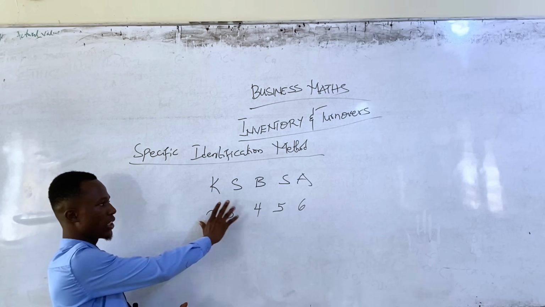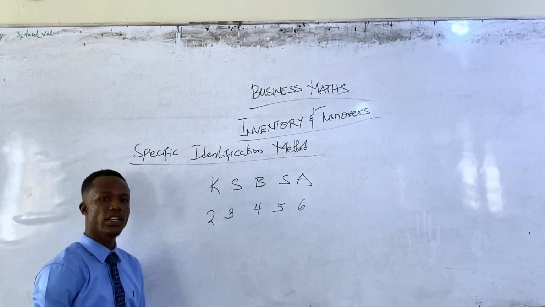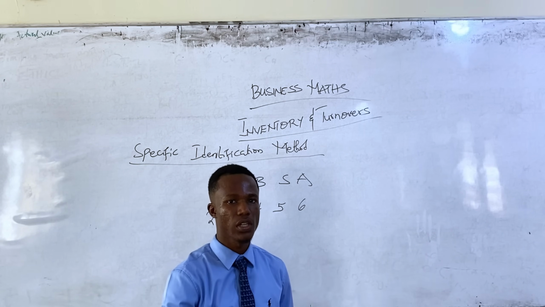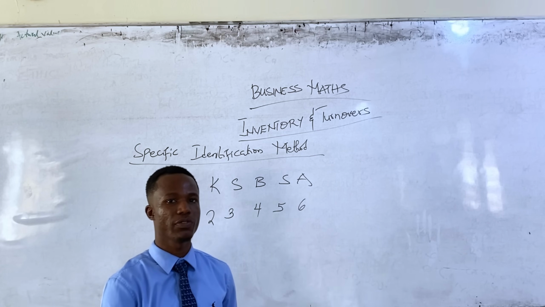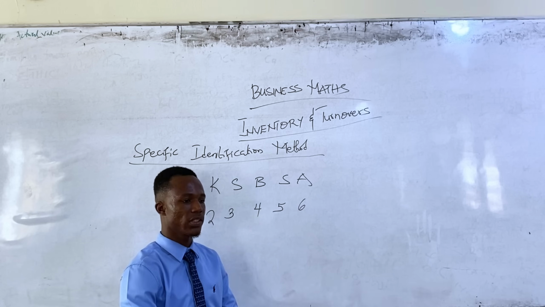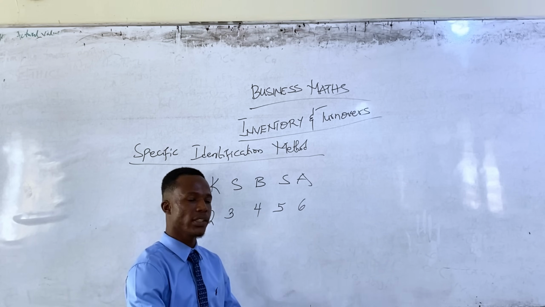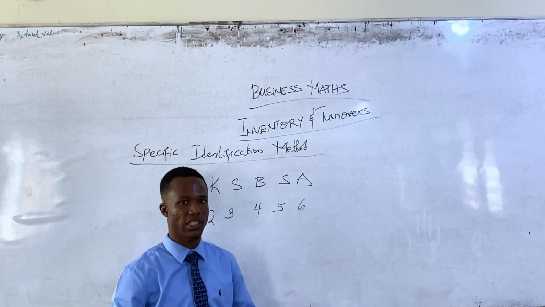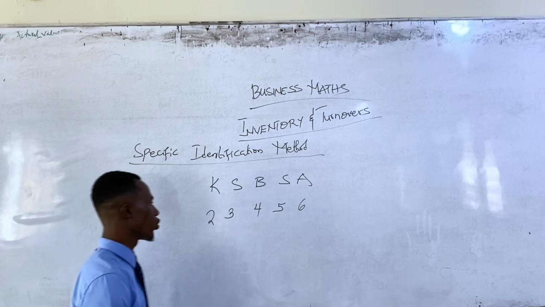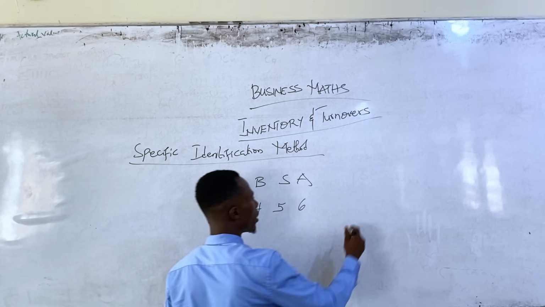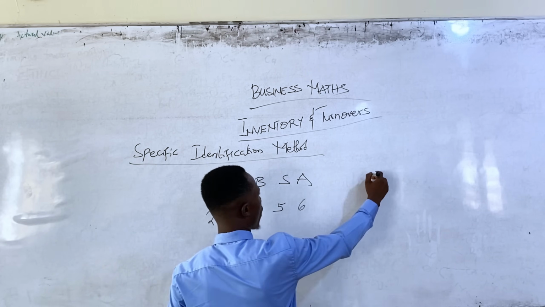And so under this procedure or this method, they can just ask you to calculate for the value of inventory, or calculate for the number of inventory. Now when we say number of inventory, we are talking about the quantity of items left. Because you know inventory is the number of items left, right? The quantity. So if you are to calculate for an inventory of any given product of which you have